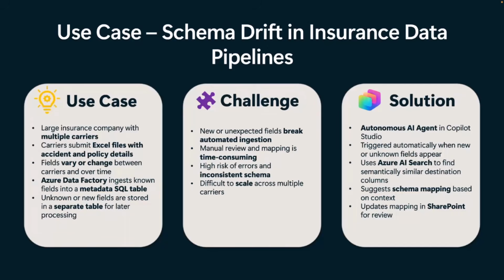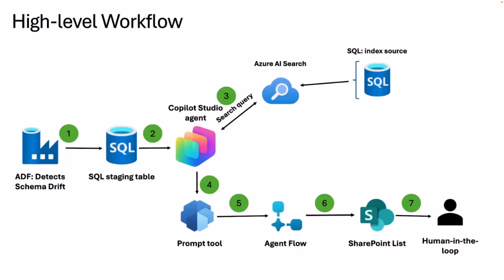So let's look at the high-level workflow. As I said, data comes to Azure Data Factory. If there is no problem, it will send that directly to the metadata table, here you can see. Otherwise, if there is a mismatched field or unknown field, it will store that information in SQL, which is our staging table here. As soon as data drops there, that will trigger Copilot Studio. In Copilot Studio, I'm using the built-in trigger. And then the agent will take that